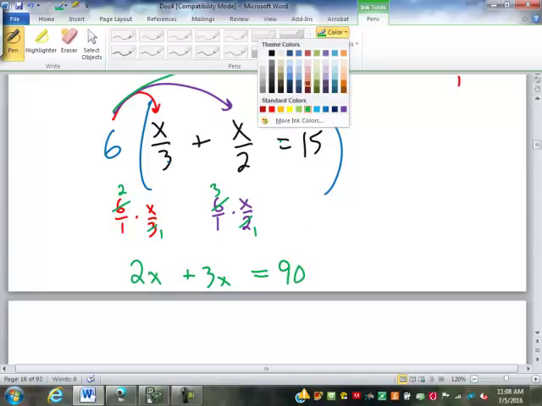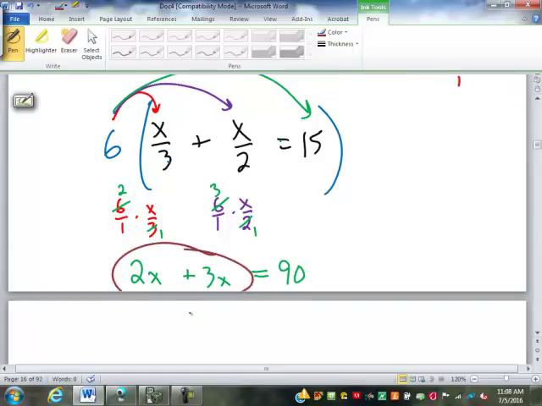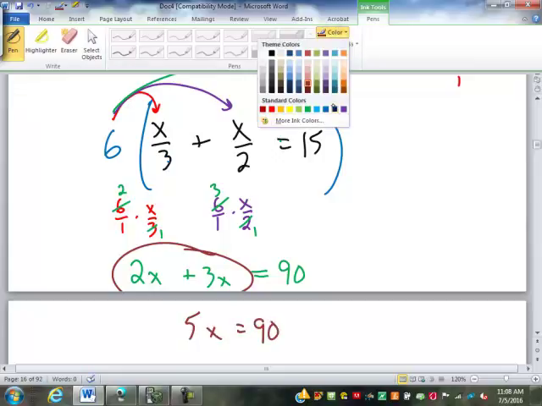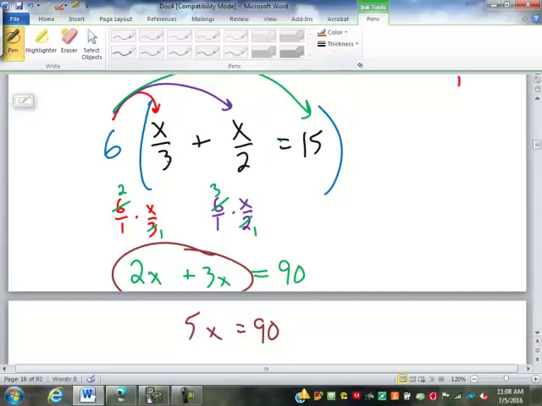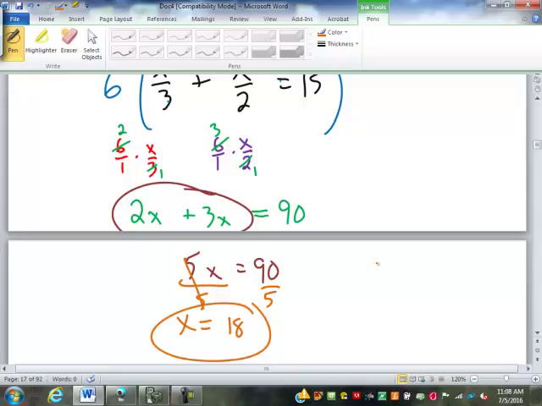Now what? 2x and 3x make 5x equals 90. And then we divide by 5. X equals 18, which is what we got up above. Now, to me, this is easier to work with as 1/3 x and 1/2 x, and just add 1/3 and 1/2. The reason I'm showing you this is we can run into equations where the variable might be in the denominator,